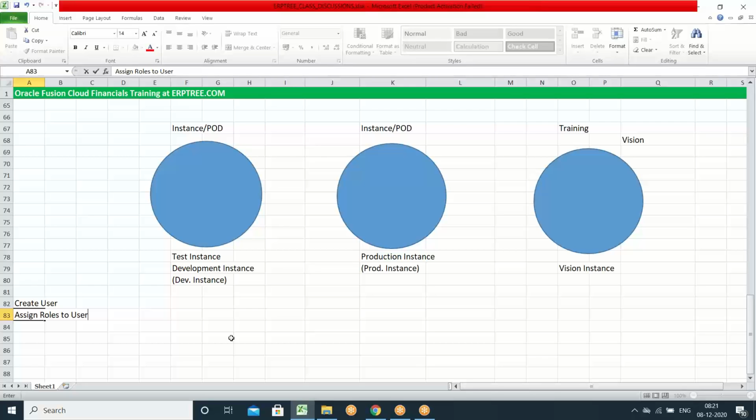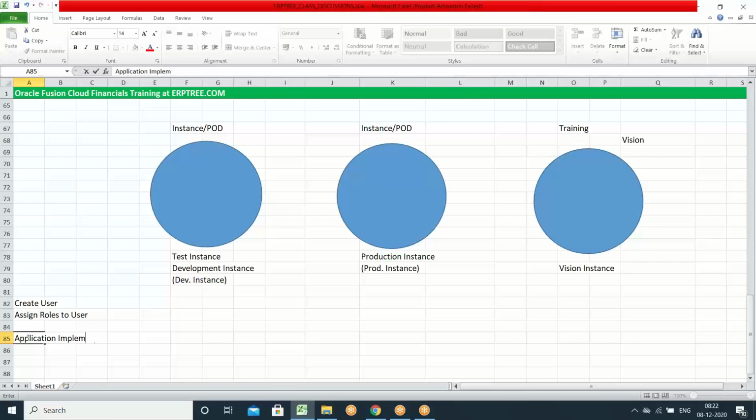That is the reason when you create a new user in a fresh instance, we have to assign the roles to that user. Those are minimum 2 roles. Minimum 2 roles we have to assign to the user so that you can start working as a consultant with the full privileges to the entire instance. What are those roles? We'll see. The roles like